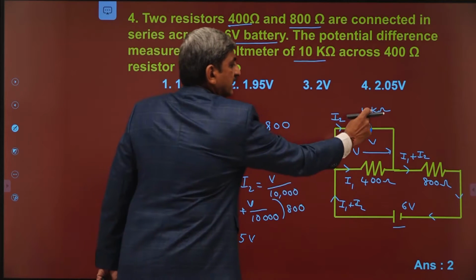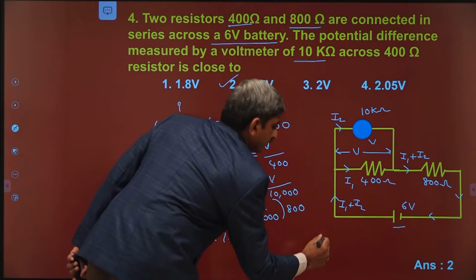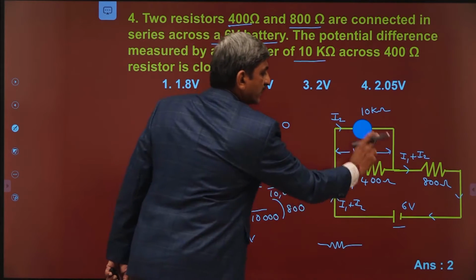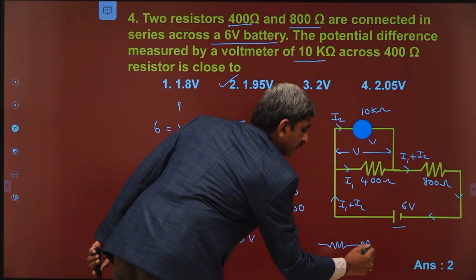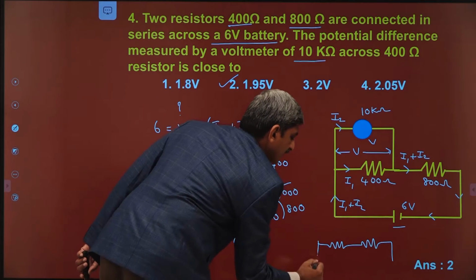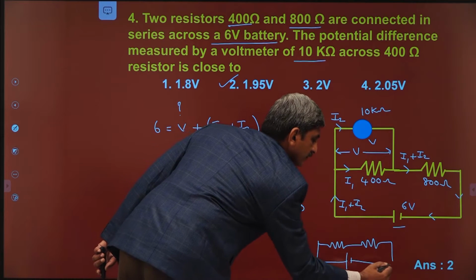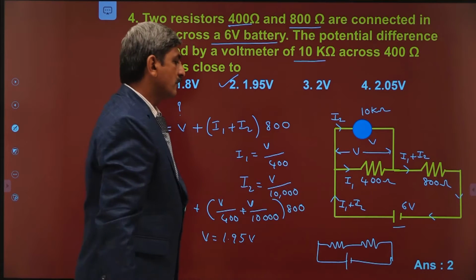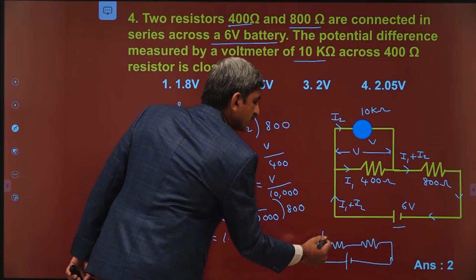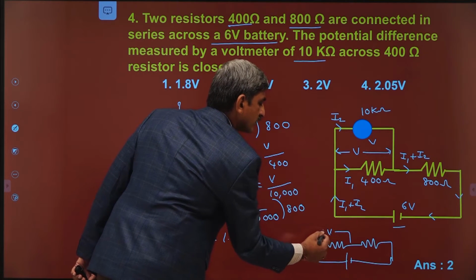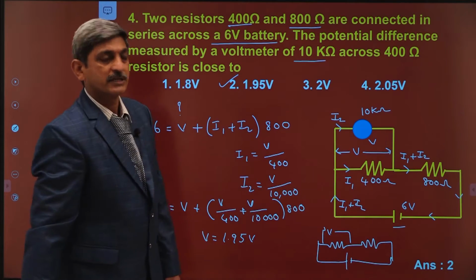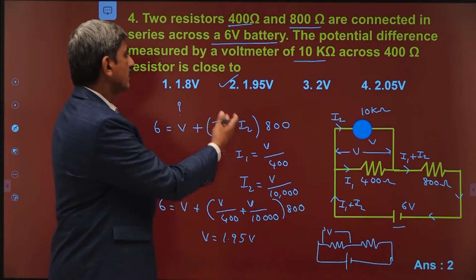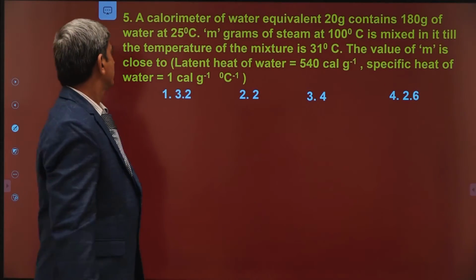First of all, this one and this one are in parallel. For that, find out the effective resistance value. For that combination, this is in series, and the circuit will be changed like this. Now, using the potential divider principle, we can directly determine the voltage across this, which is also equal to the reading of the voltmeter. This is another way of solving the problem, right? Now, go to the next problem.